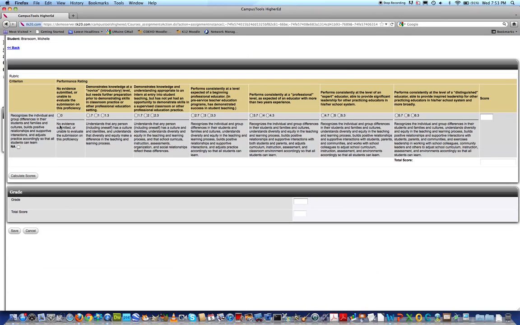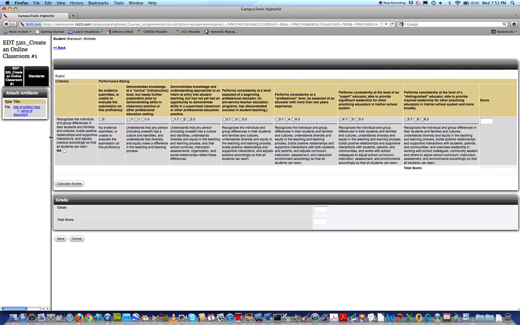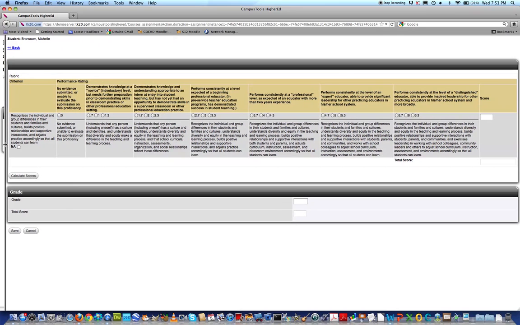For these training purposes, I will assume that you have downloaded and saved and printed the artifact. So after you have saved the artifact and printed the artifact, you no longer need the other window open. So we will keep Firefox or your web browser open. At this point, you will need to assign a score for that particular rubric. After you click on the score, you want to click Calculate Score,